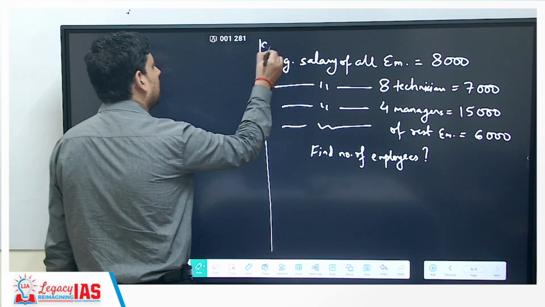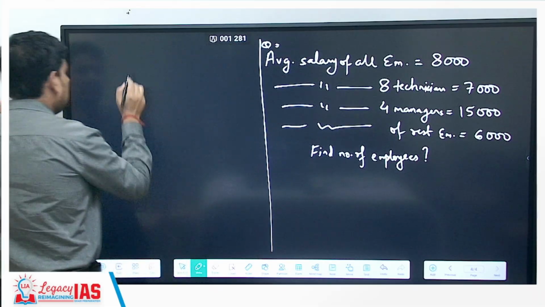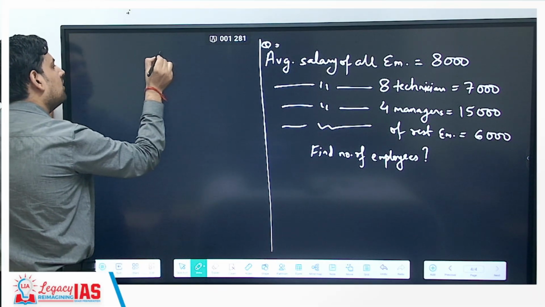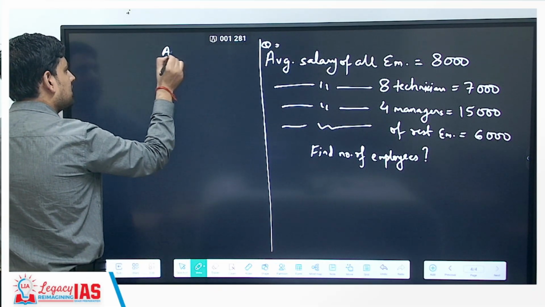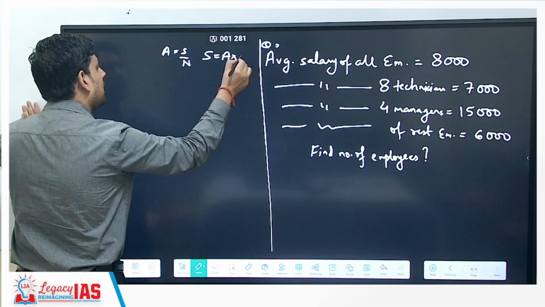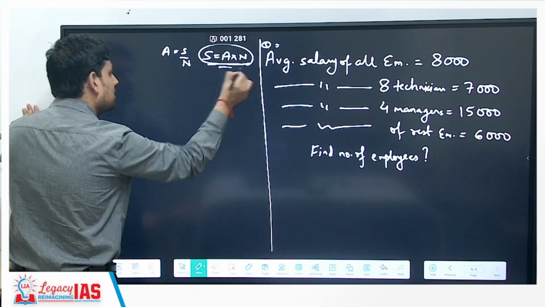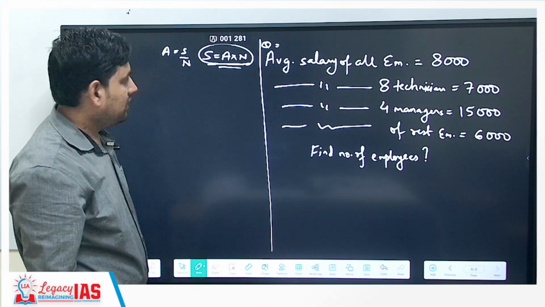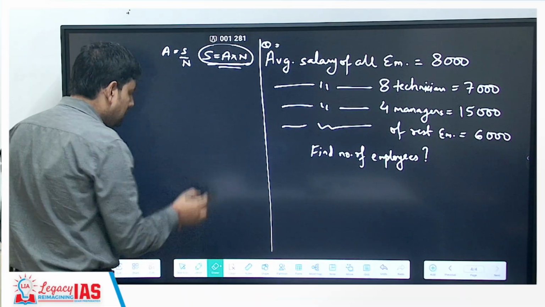Now see, you remember we learned that instead of using A is equal to S by N, in most questions we'll be using S is equal to A into N. This is the form that we'll be using most of the time. Now continuing from there,